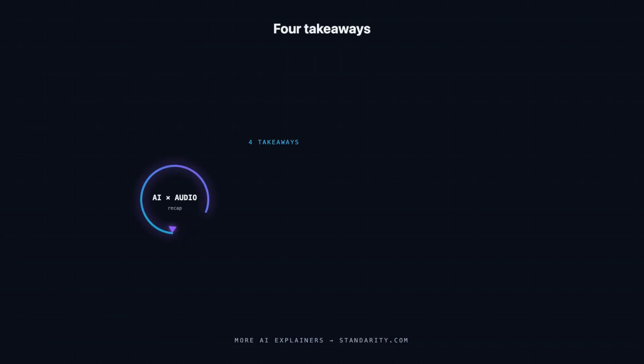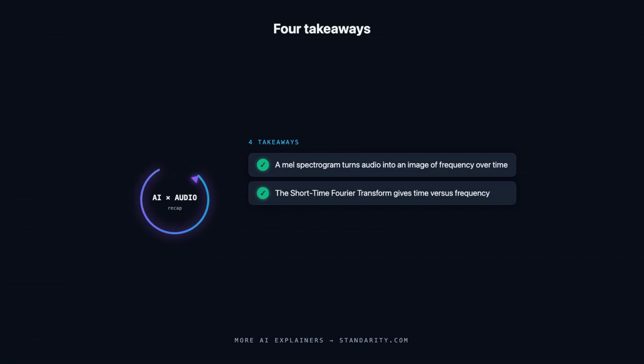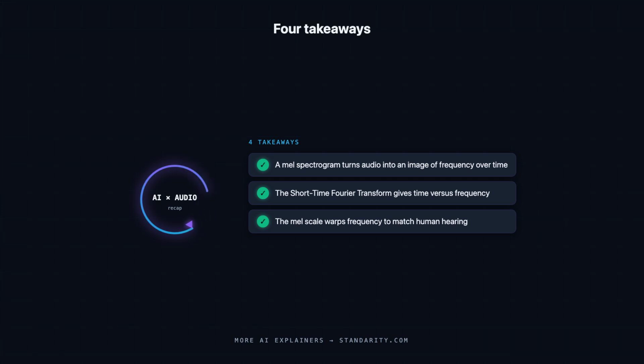Okay, let's lock in the essentials. The Mel spectrogram turns audio into an image of frequency over time, and it's become the standard input for audio neural networks everywhere. The Fourier step, applied to short, sliding windows, reveals how energy spreads across frequencies over time. Warping the frequency axis to the Mel scale matches human hearing, and a final log step matches the way we perceive loudness. The finished array feeds a CNN or transformer just like a photo, and text-to-speech models predict it, then